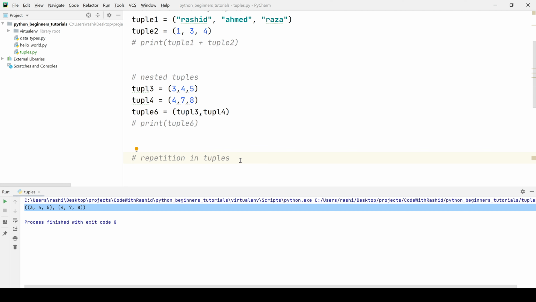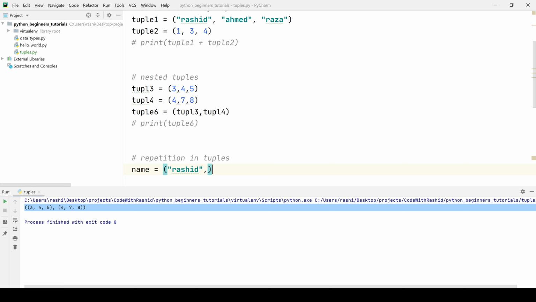Suppose we have got a tuple and there is a value inside that tuple and we were given a task to repeat that tuple 5 times. How shall we achieve this? Let's see it. So we say name is equal to Rashid. So this is a tuple. Now we want to repeat it 5 times.